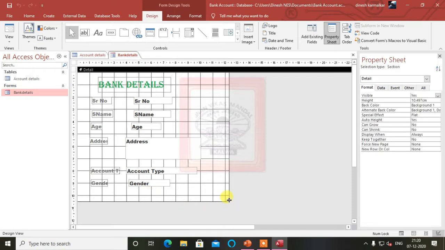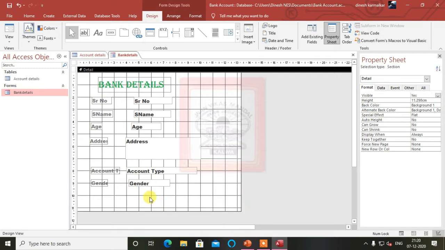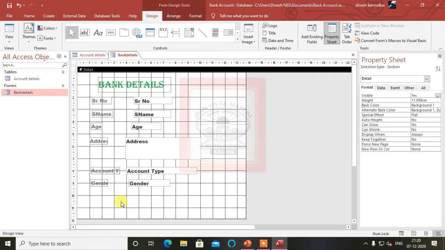I want this a little bit bigger, so I have to add one more control. You can see this is the control group where different controls are there. So many things are here. This is the text box, this is the label, this is the button. These all have different purposes. This is a tab control, this is the navigation control, this is the option group, and this is the combo box. A combo box is like a list box in which you can add values and see them also.